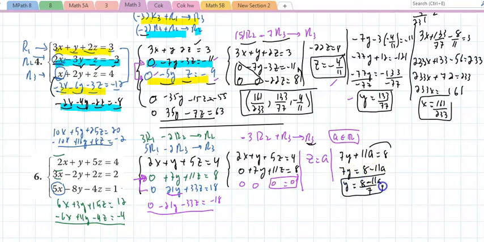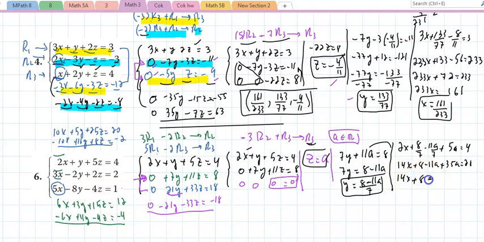Got it. So I got z, I got y. I know it's unpleasant in terms of a, but that's the way it goes. The first equation would be 2x plus y, 8 over 7 minus 11a over 7, plus 5z, that's 5a, equal to 4. Clear the fractions. 14x plus 8 minus 11a plus, if I multiply by 7, that's 35a, multiply by 7, that's 28. So here now I have 14x